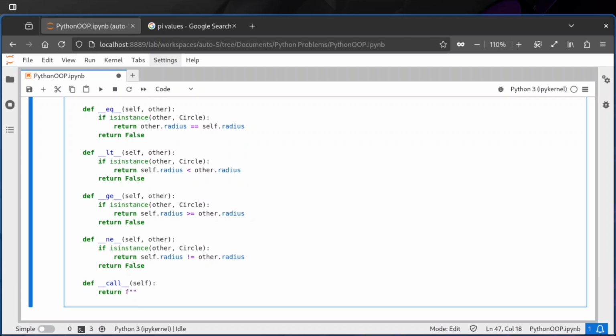So this is something where you can use an instance as a method. So let me show this to you. So let's say circle with radius. So I'm actually getting that self dot radius,